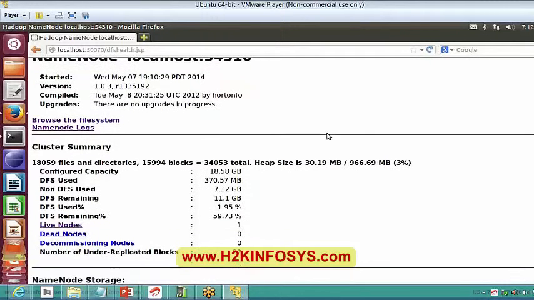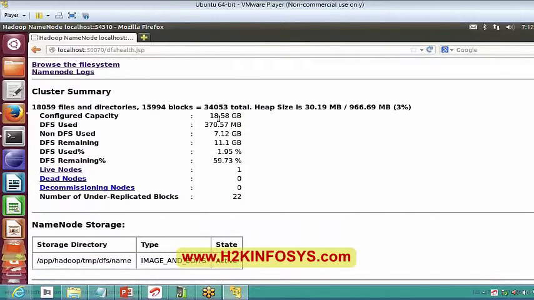So if you see the cluster summary here, it is telling you how many files there are and how many logs there were in total, and this is the heap size. I told you how much percentage of heap size is used, how much is remaining, and all those things. It also shows how much DFS percentage is used, what the remaining percentage is, and live nodes.